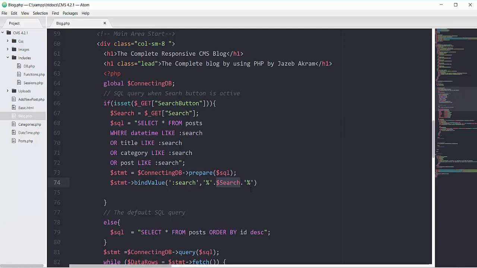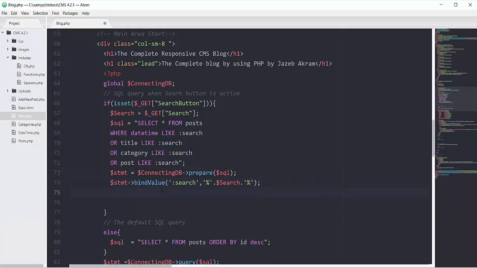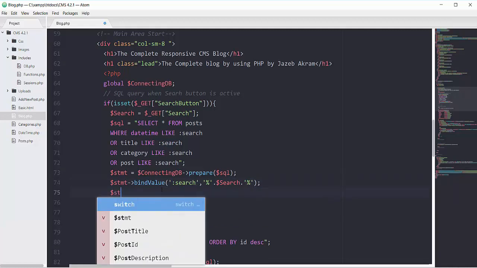This percentage is representing the whole content of that column where our SQL is finding this result. Right after that we will have our semicolon and then we will execute our query.